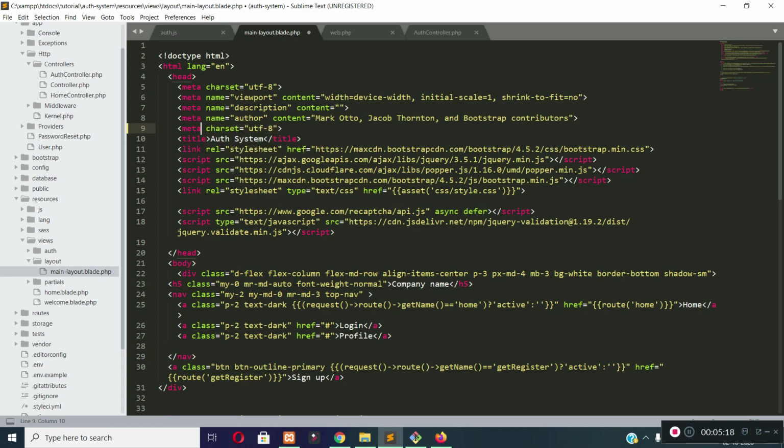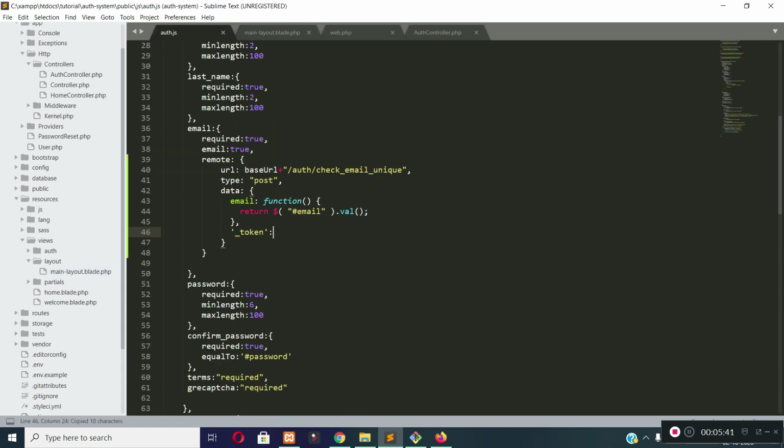The name of our meta tag will be CSRF token, and I will store the CSRF token value in the content attribute of meta tag. Now I will get the CSRF token value from the meta tag I created now.